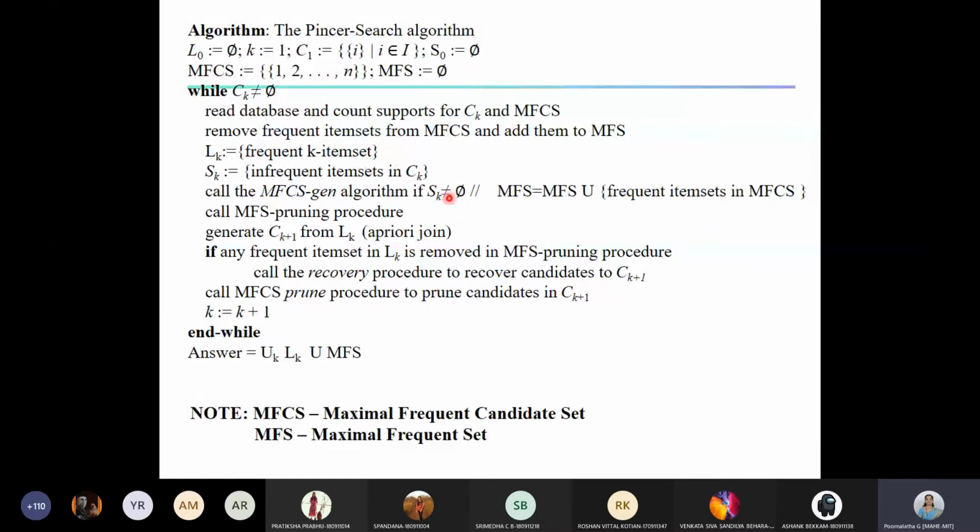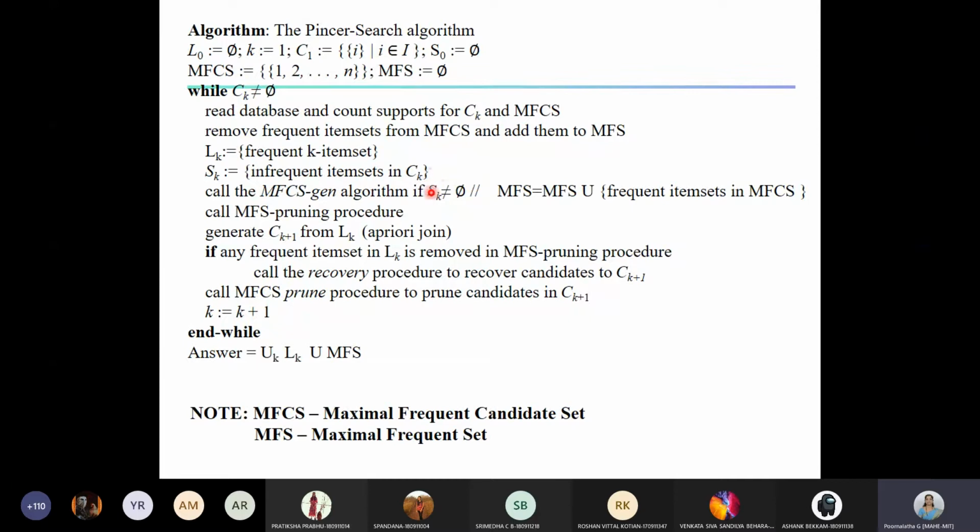If it is empty, it means there are no infrequent items, and there is no point in generating subsets of MFCS. So if there are some infrequent items, it means that in the top down, we need to determine its subsets.